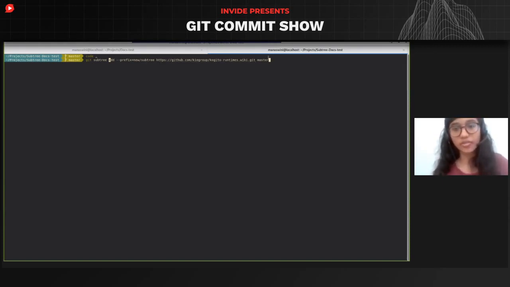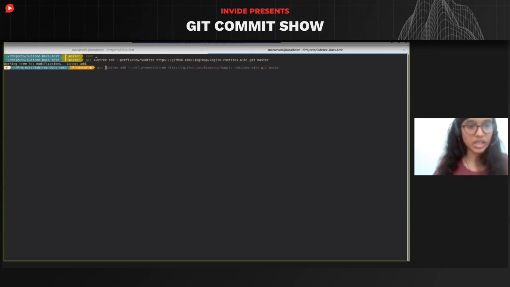The next thing is the URL followed by the branch. It is very necessary to provide the branch name, because the subtree is also a tree in itself. If you don't provide the branch, it will get confused about which tree it has to specifically merge with, the child with the parent tree. So this is how you can add a subtree. Sorry, but this is pretty much how it should be working. Since it has modifications it is not, but you can add a subtree using this. And you needn't worry about committing the same, because git subtree add creates a commit for you itself.